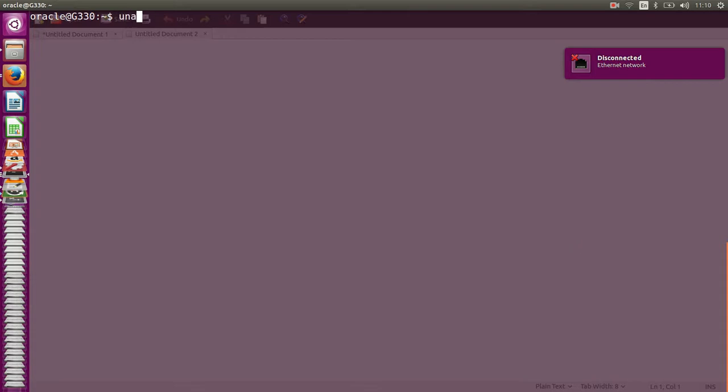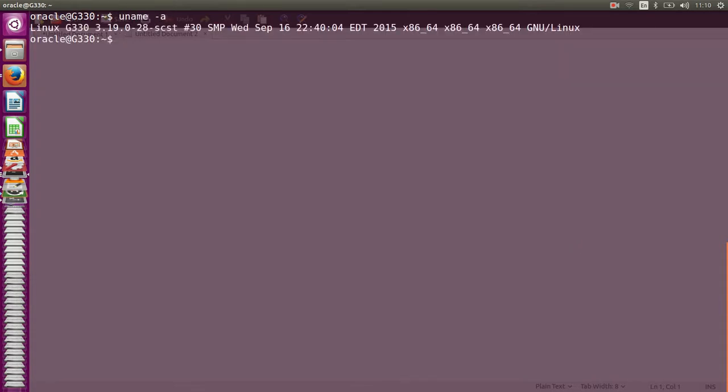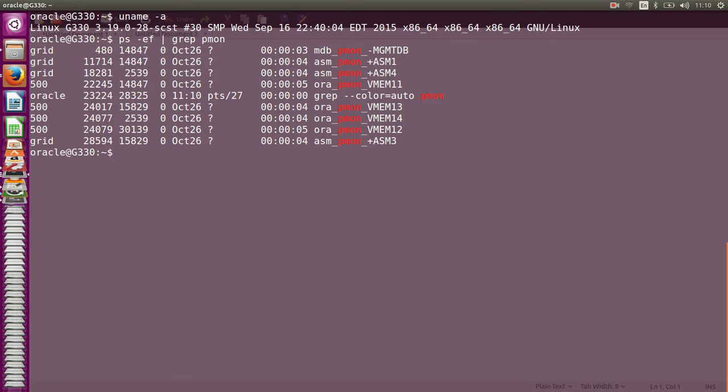You're looking at a Ubuntu kernel. As you can see, it's been modified to use SCST, which is the SAN, but we won't get into that now. If we do a ps -ef and we grep pmon, we can see that all of our ASM instances and all of our RAC database nodes are all running on this Ubuntu Linux kernel, a single kernel that all of the clusterware nodes running in containers and all of the database nodes running in containers are all sharing. If we SSH into our first LXC ASM RAC node,